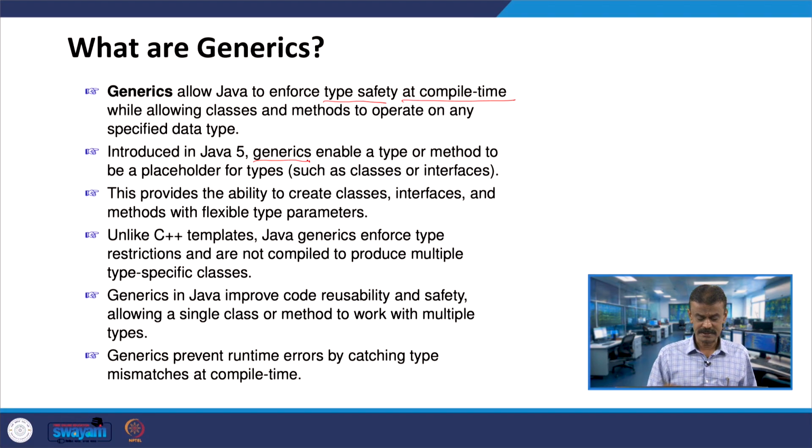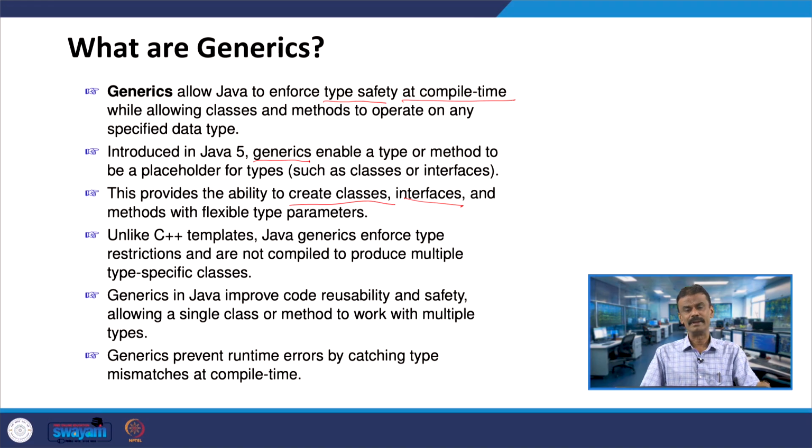Generics enable a type or method to be a placeholder for types. So, when you are using classes and interfaces, we can use generics to create classes, interfaces and methods.